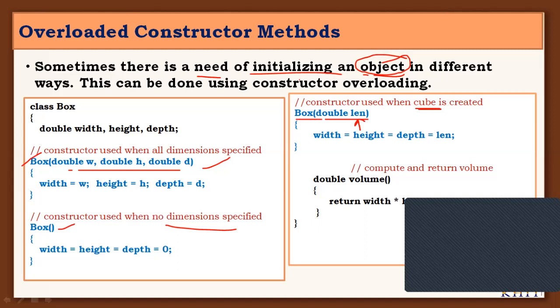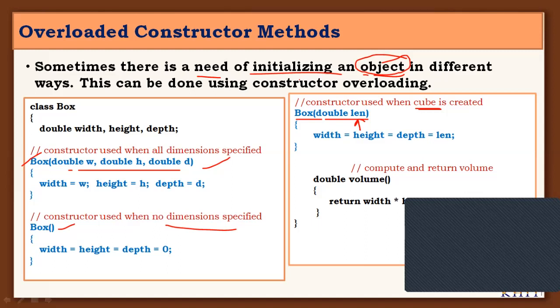And you know that very well. Overloading is nothing but one method or one constructor can act as different constructors in the same class. So here, this Box constructor has the same constructor name multiple times, and the prototype and the definition are different for individual constructors inside this class. We are not repeating the overall overloading concept, you already covered it and are familiar. So we are directly going to constructor overloading.